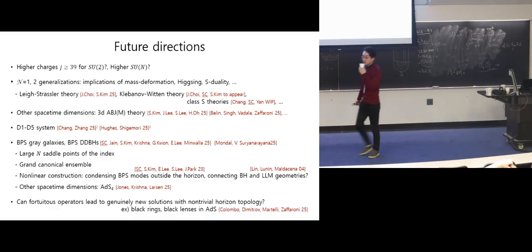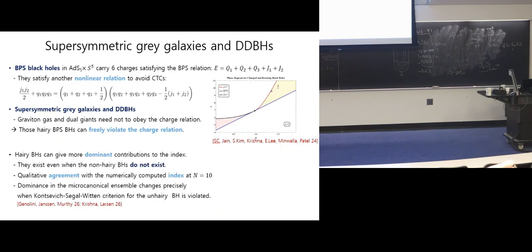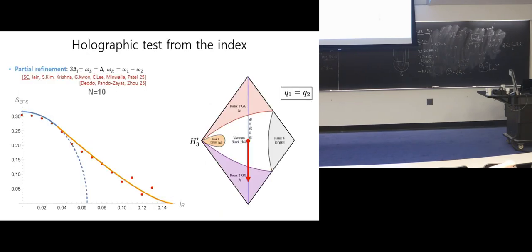I have a confusion about the comparison that you presented between the prediction from the index and the gray galaxy. The prediction for the index is obtained in a regime where these chemical potentials become negative. Is it? No. I mean, this microcanonical phase diagram is drawn such that, yes, you're right that this boundary is where the... So shouldn't the gray galaxy exist in a regime where the angular velocity becomes negative?